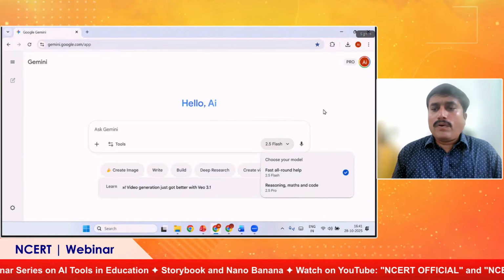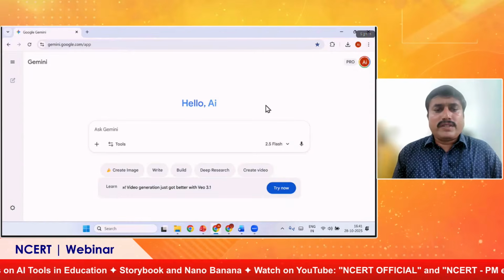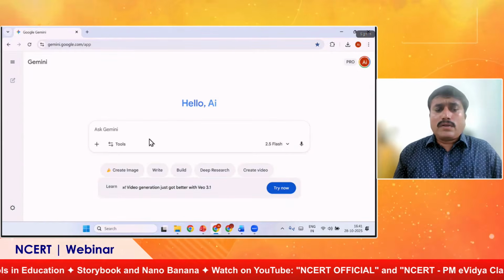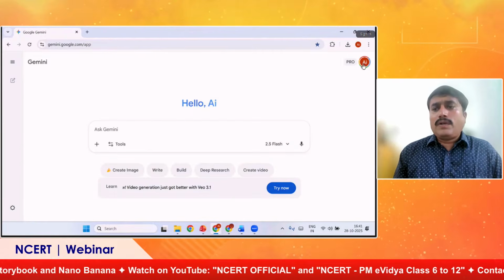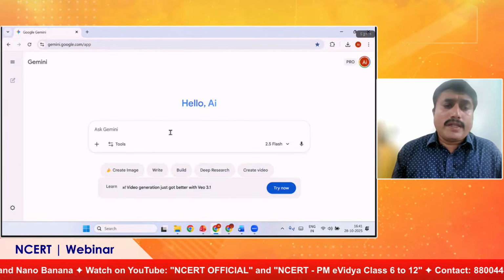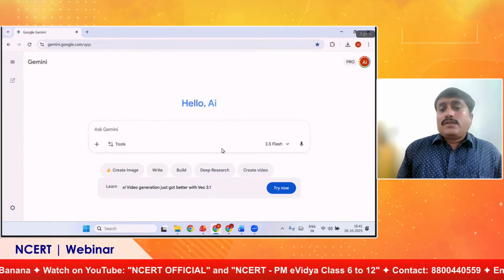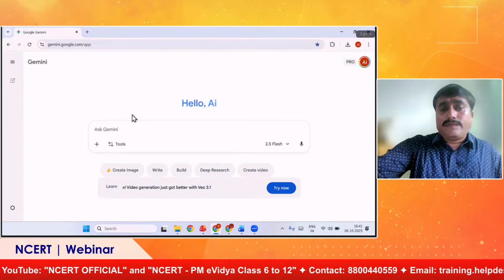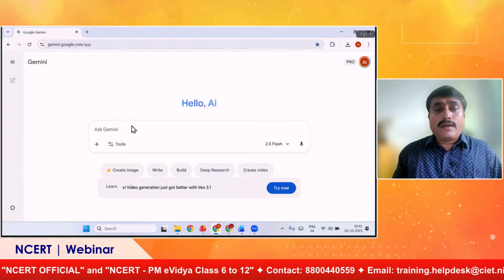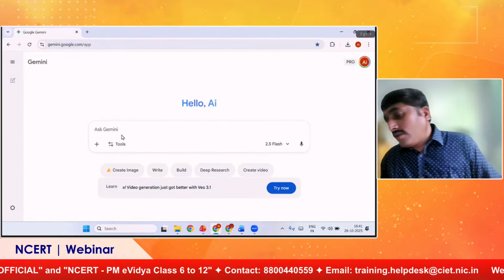Pro is available in the pro version, and there is a student offer going on. So if you are a student, you can take the pro version by submitting your details to Google. So this is the UI interface.